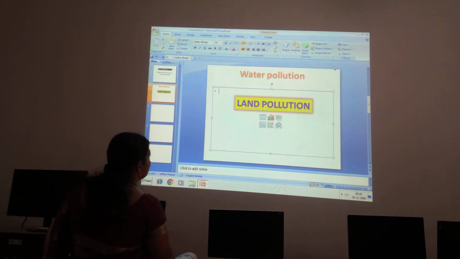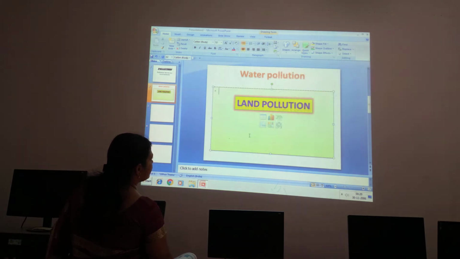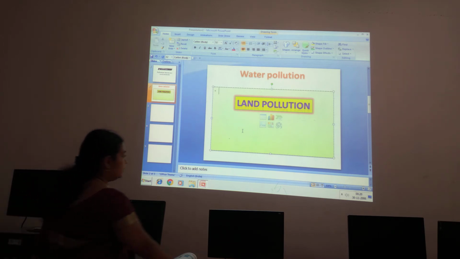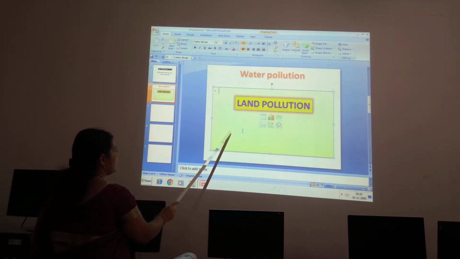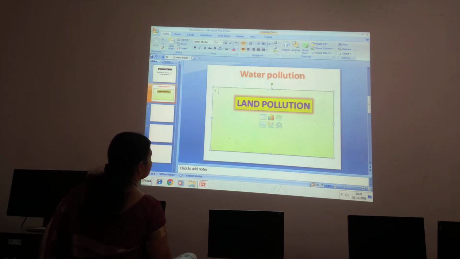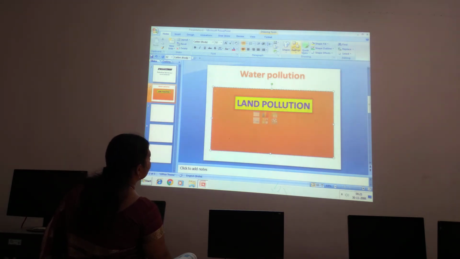Okay. So next one is quick styles. Okay. Quick styles, children. See, you can apply it like this. See, you can apply it to this word art. So, land pollution. So it gives an effect to the display, children. Okay, this slide. Again we will try to change and see. See this orange color.